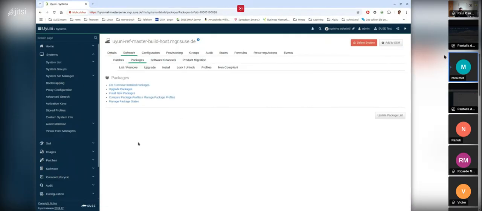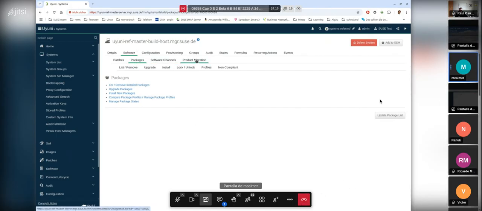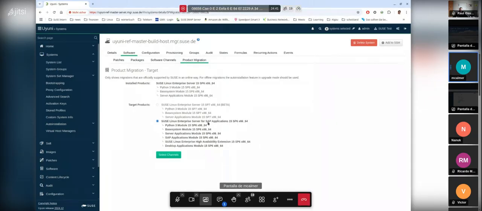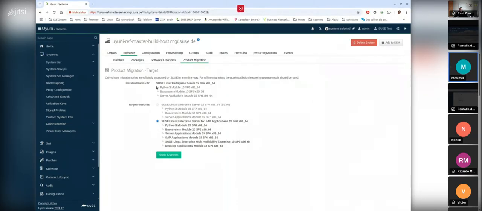So what is new now is that when you go here to software and you go to product migration, you will not only see the next version, ignore this for now because this is currently just on internal here. We have this as SUSE employees here already inside our own internal credentials, but you will see that we have enterprise server for SAP